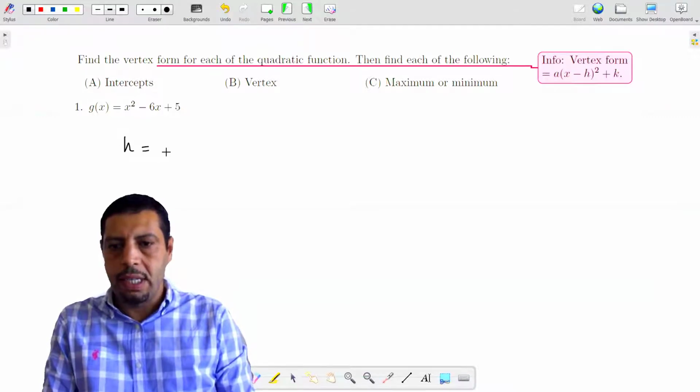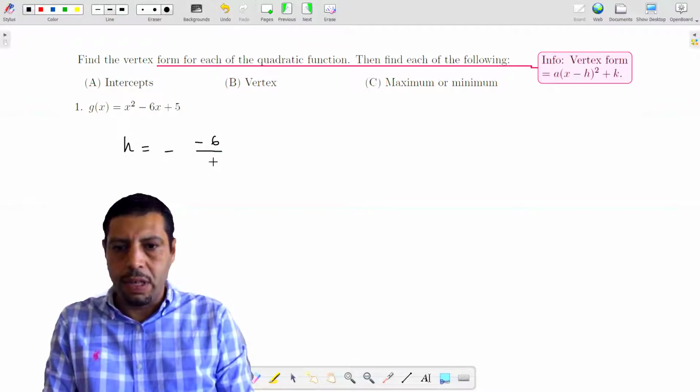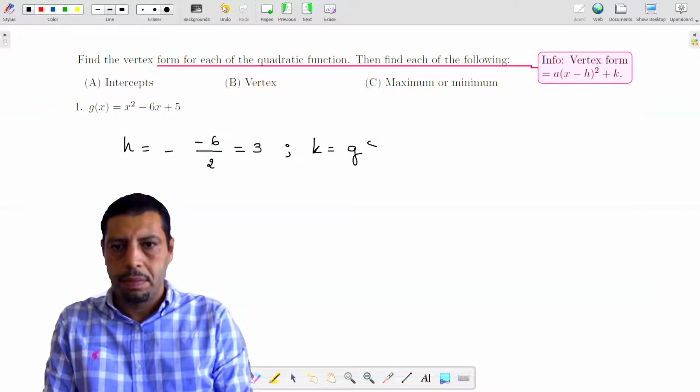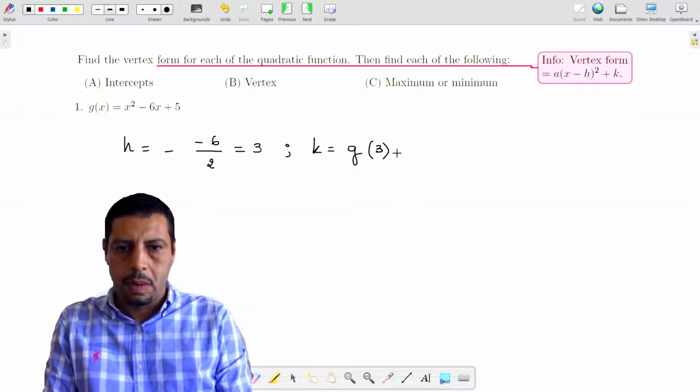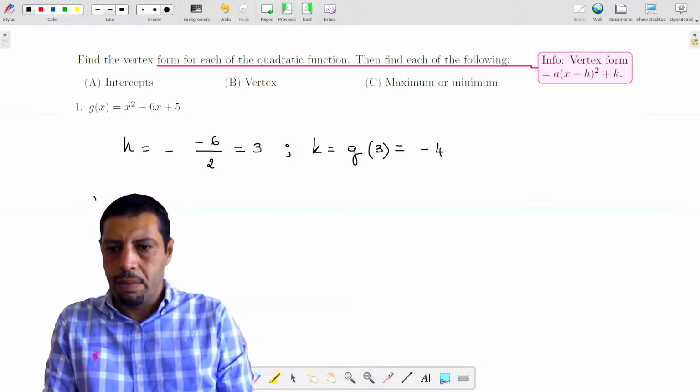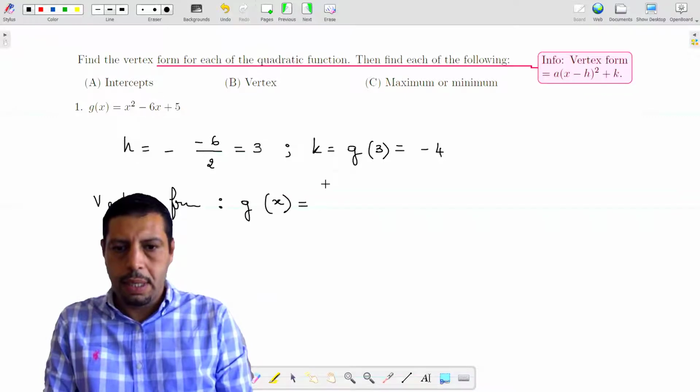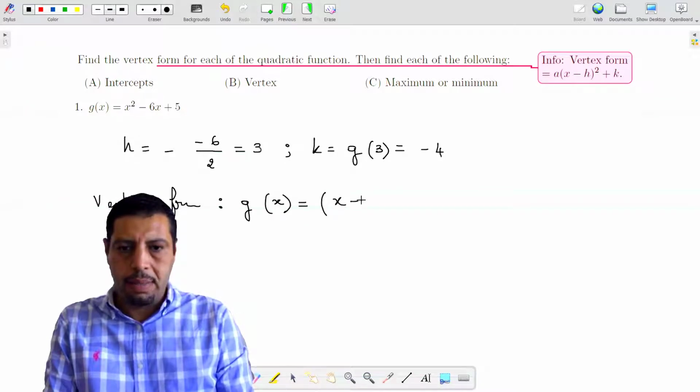We're going to compute h first, which is negative b, which is negative 6, over 2 times a, where a is 1, so over 2, which is equal to 3, and k, which is g of h, so g of 3. When you substitute x by 3 in this expression, you're going to find negative 4. So the vertex form is g of x equals a times x minus h squared plus k. So a is 1. So here you will find x minus 3 squared plus k, which is negative 4, so